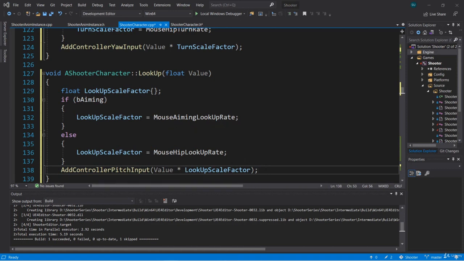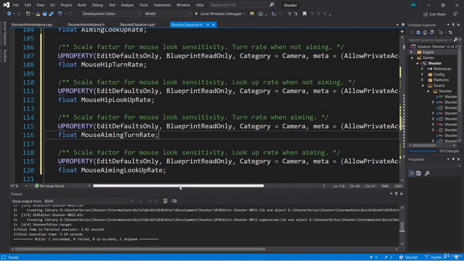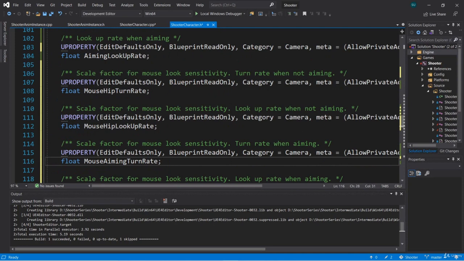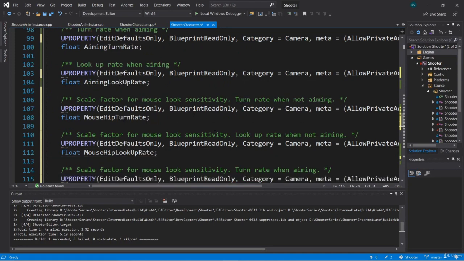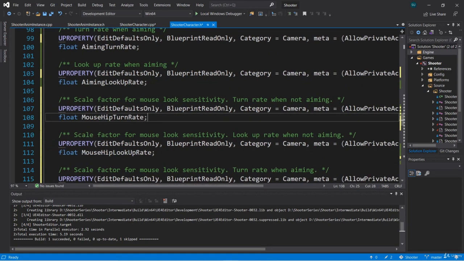Now, because these scale factors only make sense if they're between 0 and 1, and we're exposing them to blueprints, technically someone in blueprints could put any value that they want there. We want to limit this so that these aiming scale factors could only be changed to reasonable values. Well, there's actually uProperty specifiers that we can add that will clamp the possible values given in blueprints to these. So for mouse hip turn rate, we want to limit this so that it can only have a value between